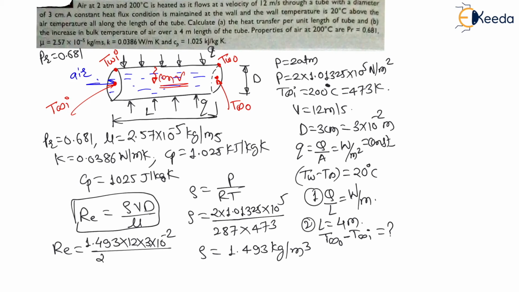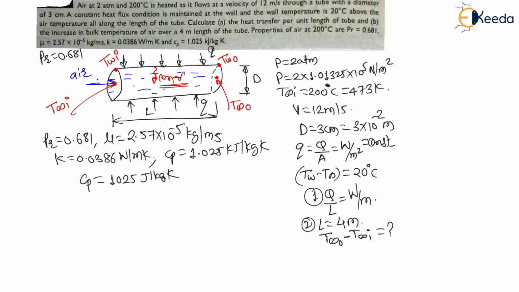It is 2.57 into 10 to the power minus 5. Right. So let us solve for Reynolds number. I will get Reynolds number is equal to 20,914. This will be the value of Reynolds number. Right. Now, my dear students, this Reynolds number value and this density of air value are required. So let us write them. Here we have calculated density of air as 1.493 kg per meter cube. And Reynolds number we have calculated